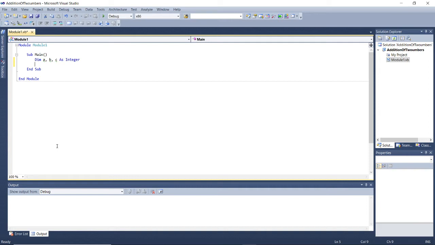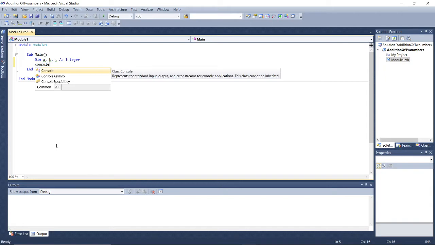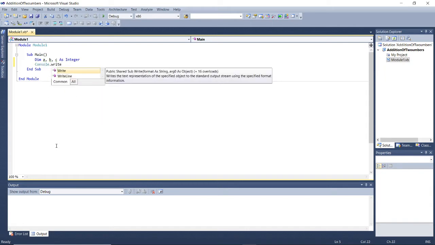What is my next step? I have to display one message, that is, enter two numbers. For displaying the message, an output statement is used. That output statement is Console.Write.